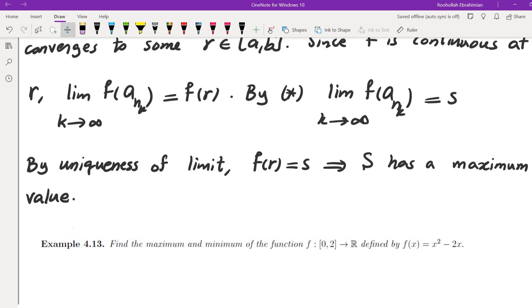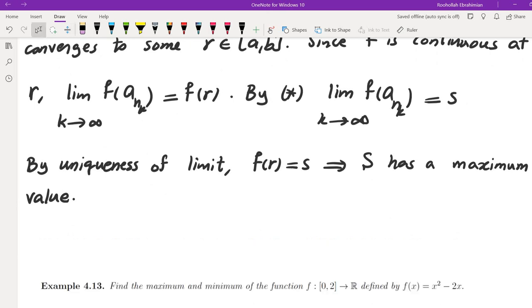So we showed that if you have a continuous function over a closed and bounded interval, then its maximum will be obtained. Now, the same thing is true for minimum. To prove the theorem for minimum,